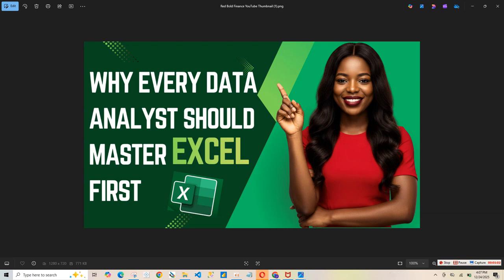Now here is the thing: many beginners rush into advanced tools and skip Excel, which I find impossible as a data analyst. You cannot skip it. It's not possible. Do you know that most companies still rely heavily on Excel? Yes, I can tell you, I am